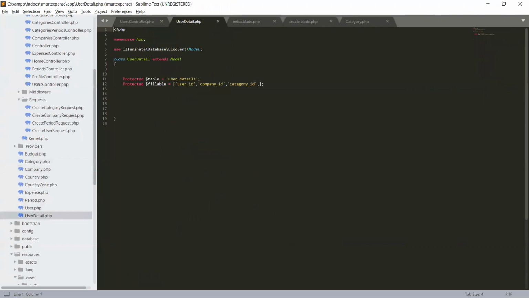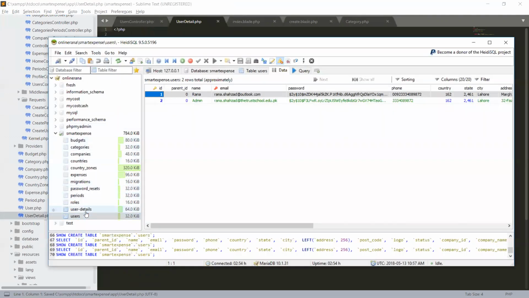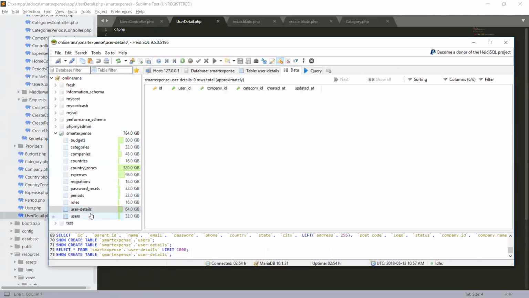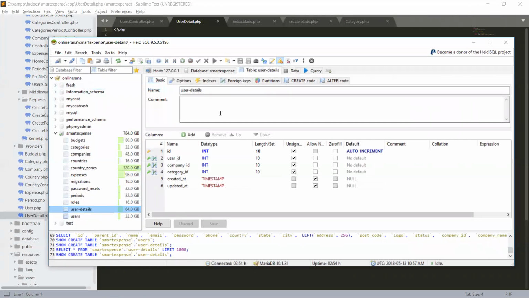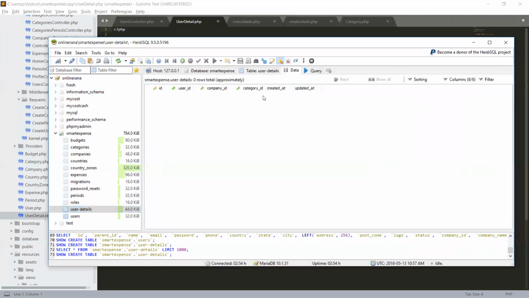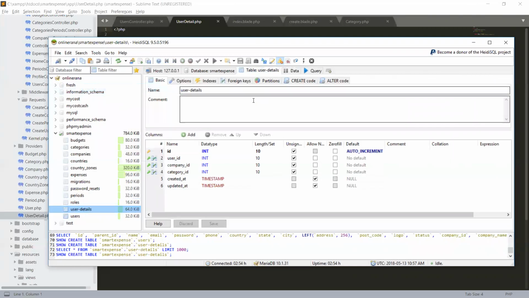We are using user underscore details table, and in the database it is user dash table. That's why it's making a problem, because the query doesn't find the table. Let's edit this.